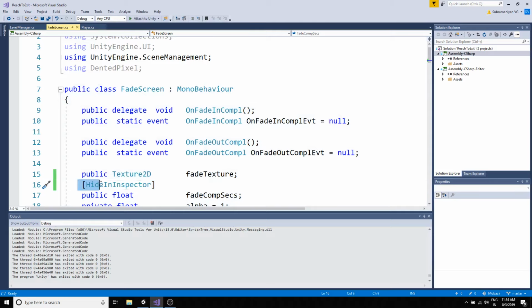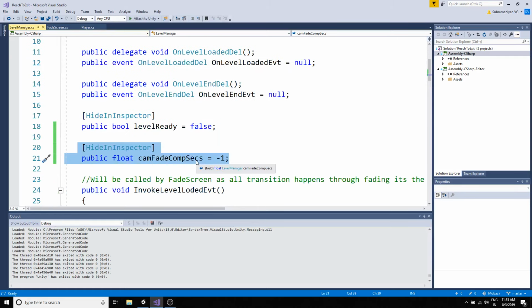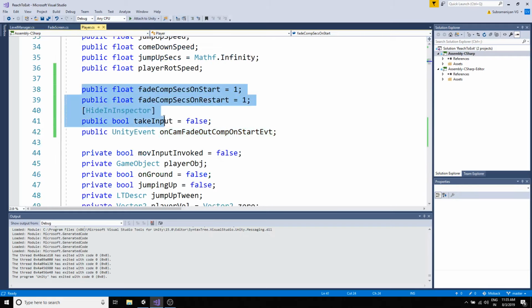Okay, so I'm going to hide this in inspector. That's the only difference. And in level manager also I am introducing a new variable called cam fade complete seconds. This is set to -1, and this also I am not exposing in inspector. I think this variable by default is set to hide in inspector. Even in the last tutorial it was set to hide in inspector, but anyway, this is also not exposed. Okay, now we have this